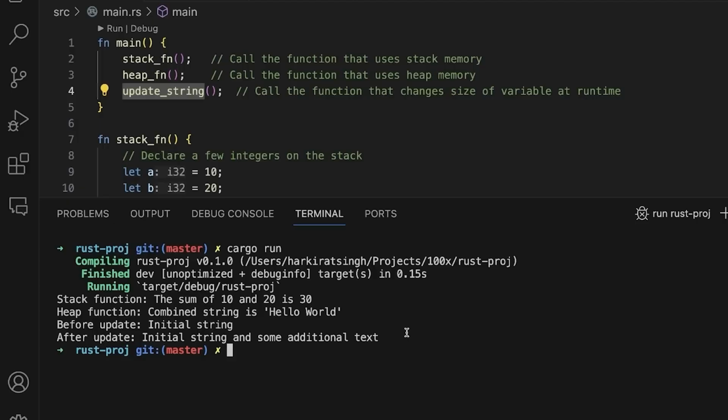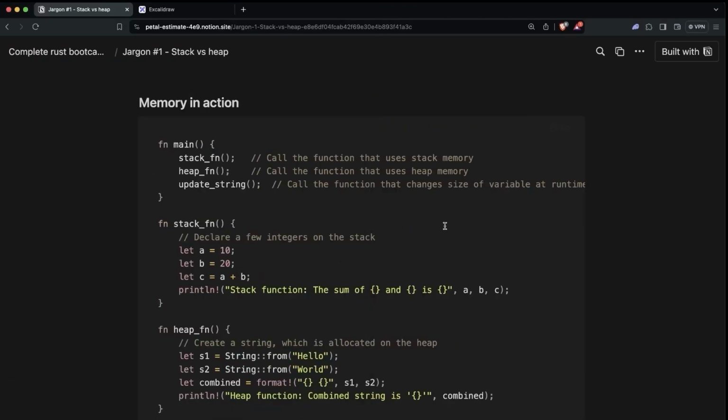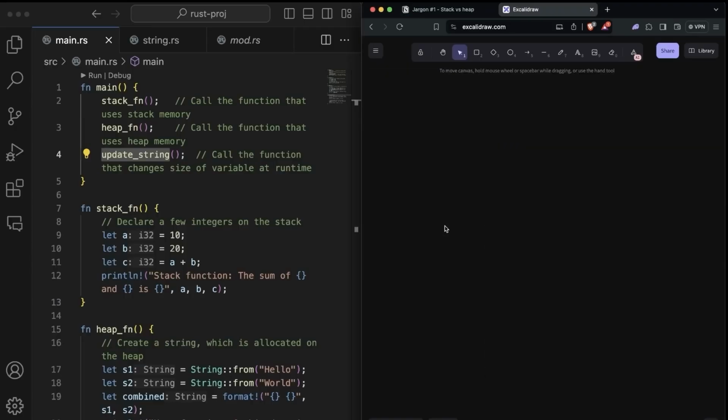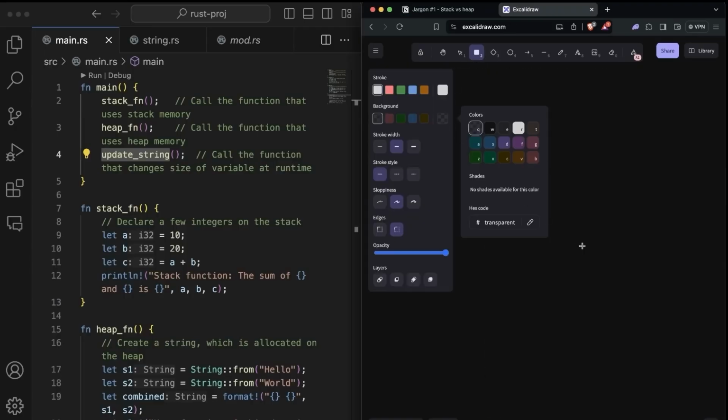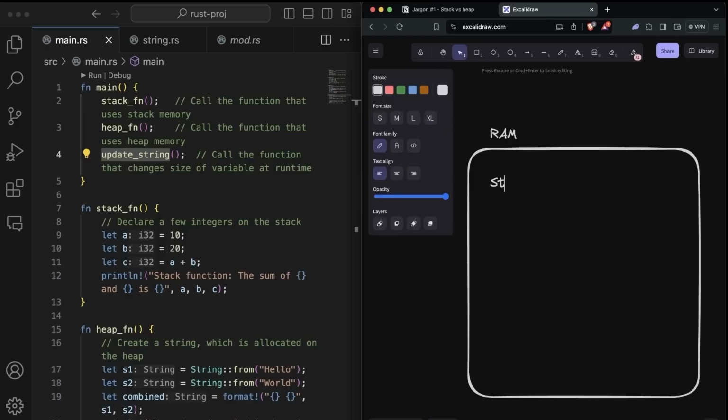But what does the stack look like during this time? What does the heap look like? Let's try to figure that out together. Let me open this code on the left, and let me open the accelerator here on the right. If this is the RAM divided into 2 parts, the stack and the heap,